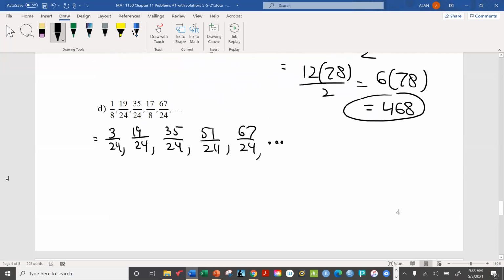Okay, so now by writing it like this, we can have A1 equals 3 24ths, while D is 16 out of 24. Now, you could reduce these a little bit, but we may as well keep them like this for now because it might be easier later on to use our formulas if they all have the same common denominator. Like, for example, 3 over 24 is clearly 1/8. D is 16 over 24. That's equal to 2/3, but why don't we just leave it like that for now? When we use our formula,